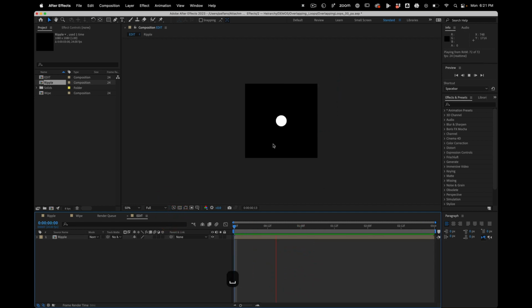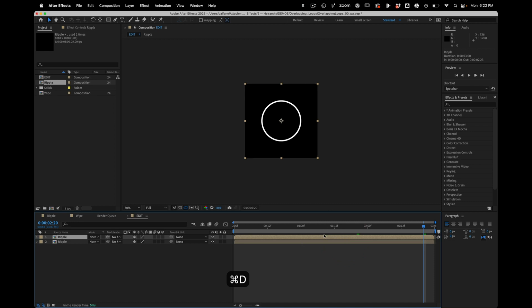For example, when we take this one piece here, there's a frame at the beginning where nothing's happening, and there's a frame at the end where nothing's happening. And that kind of shows where the loop is and means that there's a moment of kind of dullness. So what I can do is I can duplicate this, and now this is my 3-second loop within a 3-second comp. I can create another copy